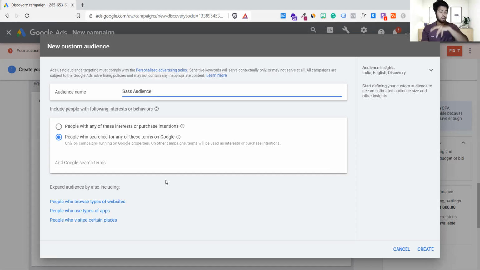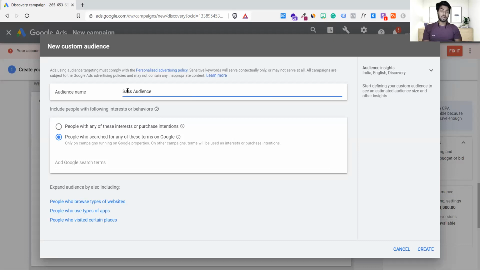This is now we can say a generator. This is a target audience generator. You are going to perform a target audience generator. So if you know very closely your competitor as well, you can create a custom audience accordingly. This is really a fun fact. So you can see we have two options right now here, and a little bit down below you see people who browse this type of website, people who use this type of application, people who visited certain places. If you are in the hotel industry or probably something else, you can target places like mostly crowded places with the tourists and all, and you can get the right kind of data.